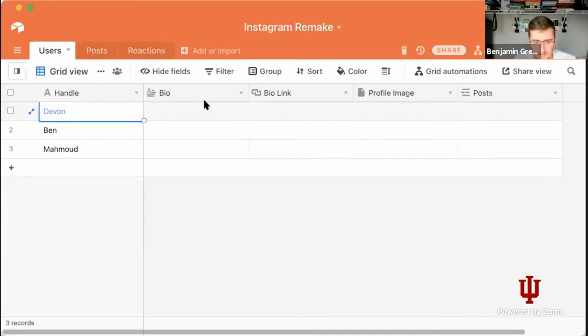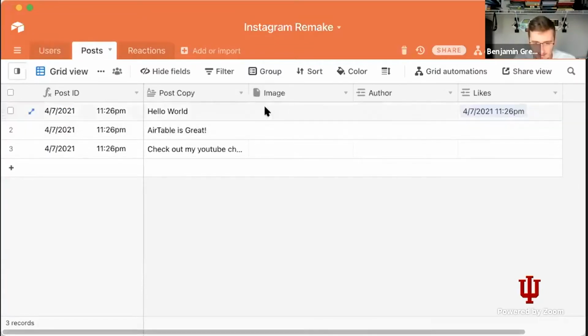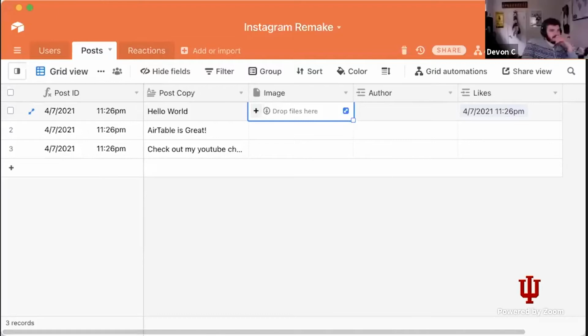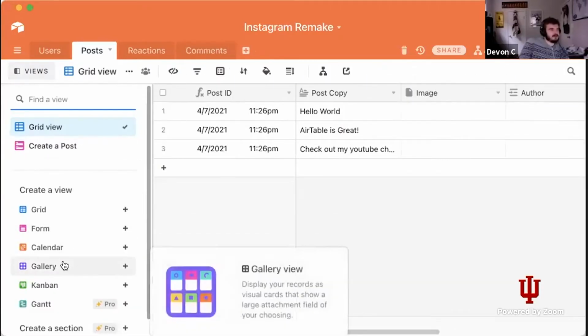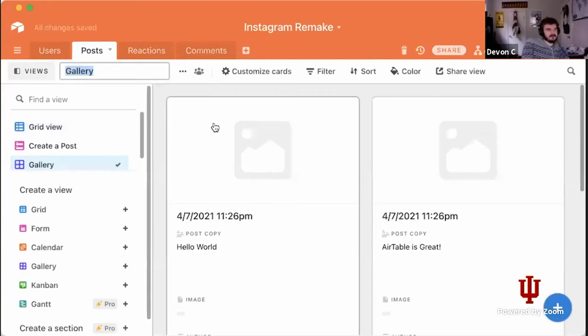So this looks like, so you have the handle, the bio link, profile image. One thing we need in here is some images. Yeah, because it depends on how we want to do it. Like, if we're truly doing Instagram, then we only need likes. But if you're doing reactions, then you can do a bunch of count ifs. I think comments is interesting, because that's going to link to authors